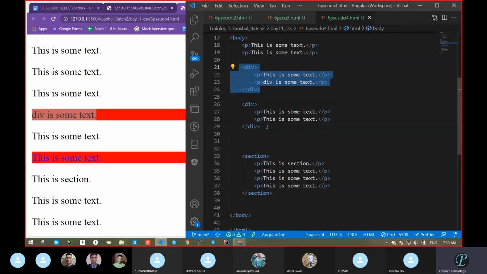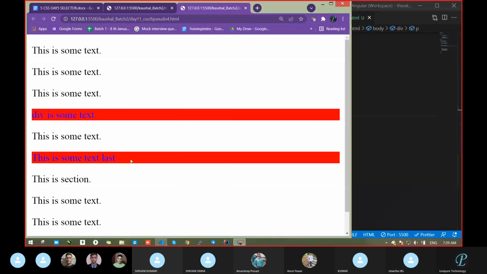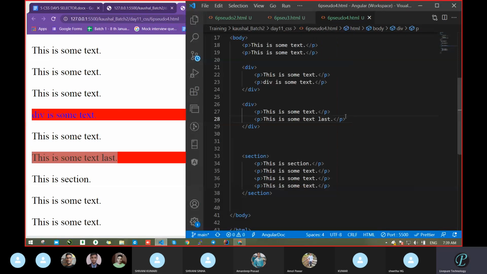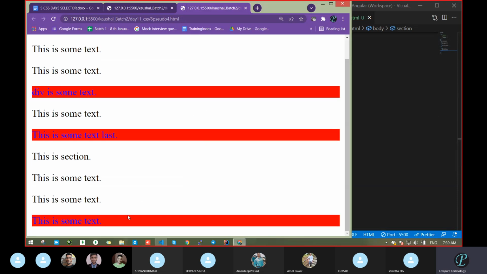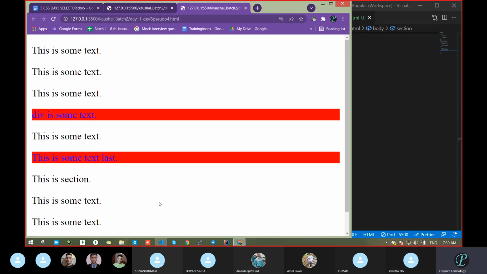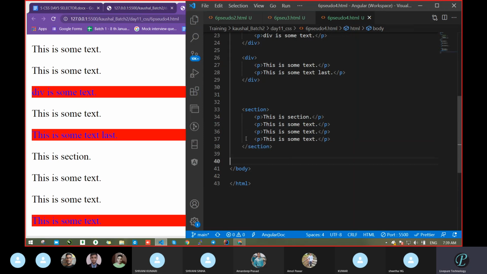First div, then it takes this one. That is the div's last child. Then it came to the section's last, which is again in the div. So this way it took the last element of all sections.